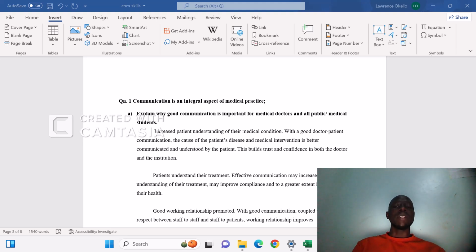Part A says explain why good communication is important for medical doctors and all public and medical students. So you'll find out that this write-up is actually coursework to be done under the course unit called communication skill. So we can just put the main heading as